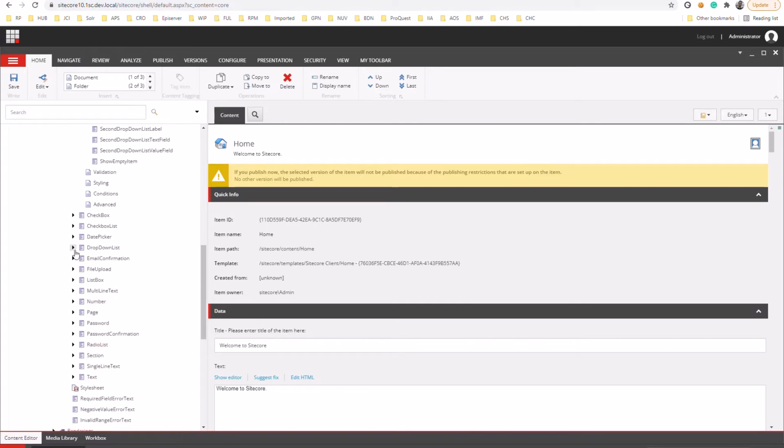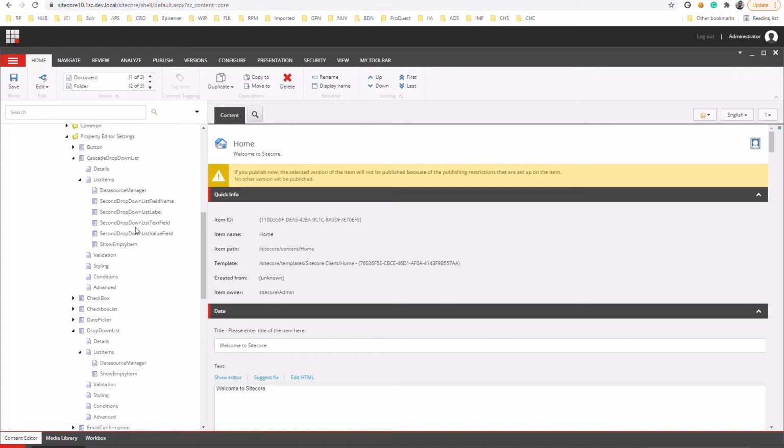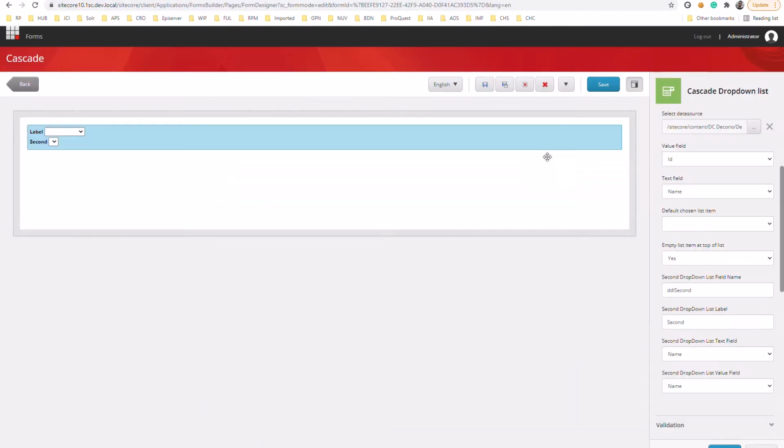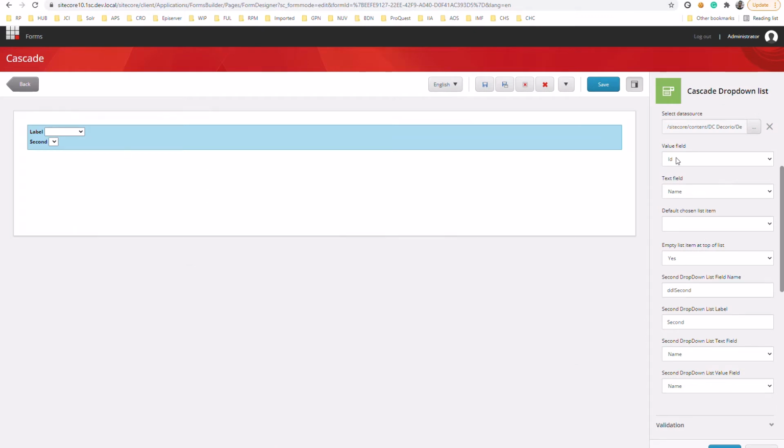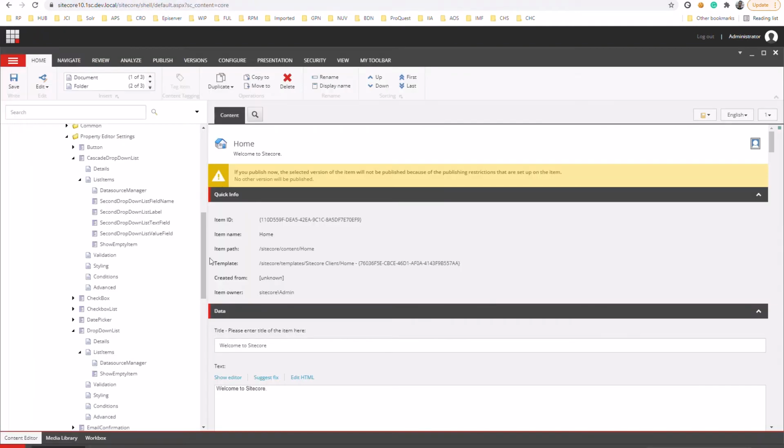show empty item. Let me show you the drop down list here. It comes with only this one, show empty item, and I have added four more properties that will be used while working with this kind of control. If we add a property here, it will be listed on this side when you drag and drop the control, and when you select the control you can see this property listed here, and you can provide some values here to populate it on the front end side. I will show you in detail the use of these properties.